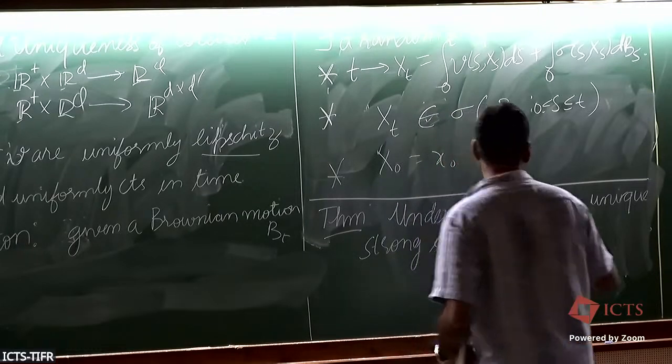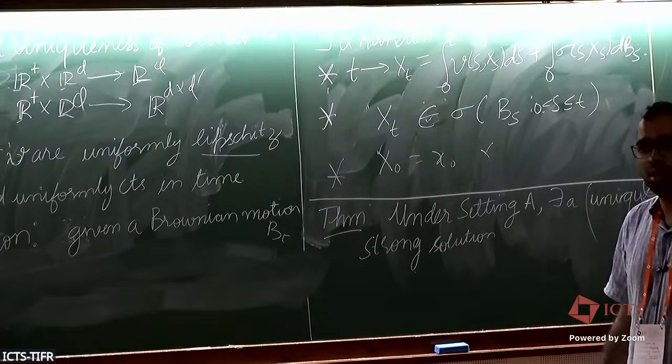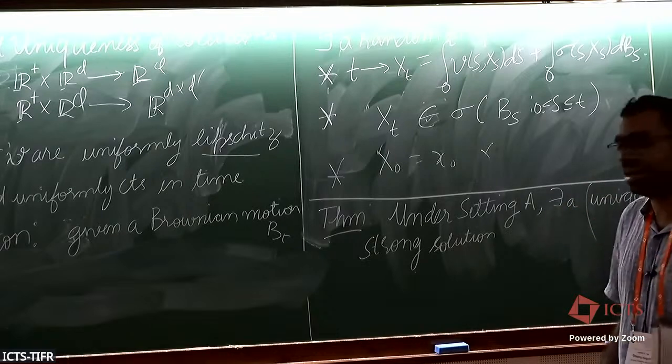Okay, what I mean by unique, there needs to be an asterisk. It's called pathwise uniqueness. That is, if there are two solutions, they are indistinguishable almost surely for every t. That's the notion of uniqueness. It's a subtle point which is not really important for us, so I'll put it in an asterisk here. There exists a unique strong solution to this. It also is continuous.